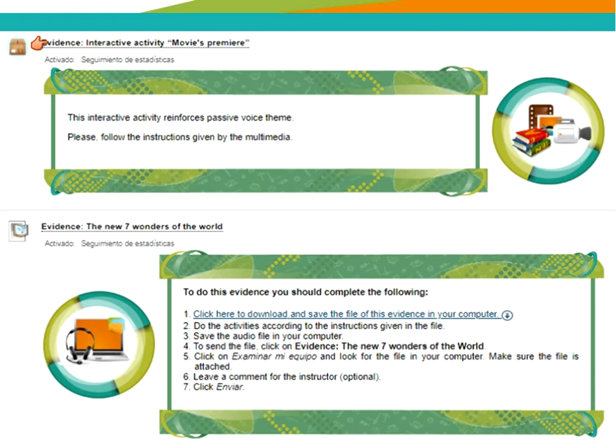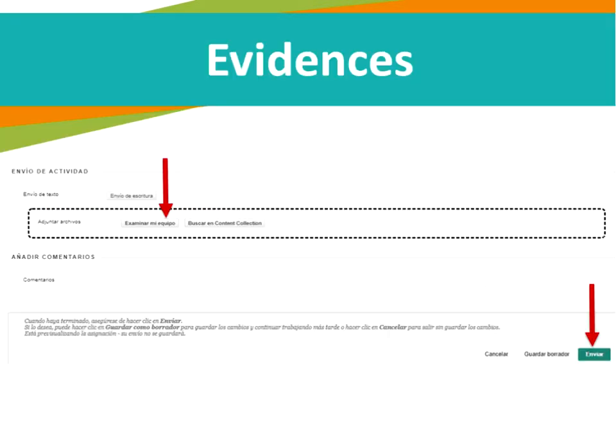The next activity is the interactive activity movies premiere, which is developed in a new window, and the qualification is going to be directly in the platform. And the final evidence is the new 7 wonders of the world, in which you have to download the document to your computer, read the instructions, and